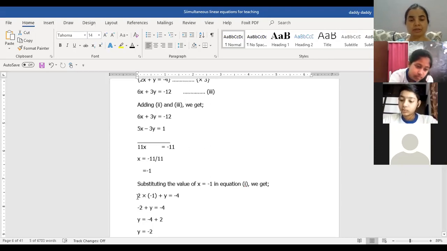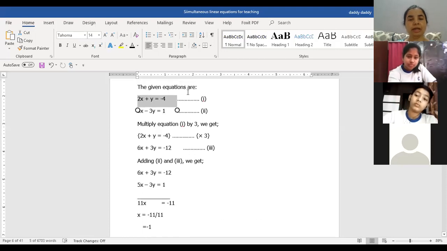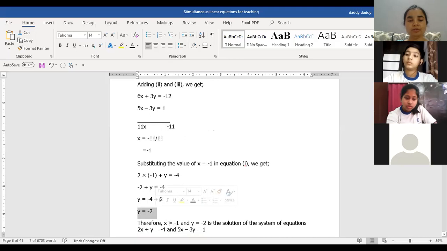Try to see the steps. That is why I've done detailed steps. So wherever you are missing, I'm going to just repeat that. Anyways, x is equal to minus 1. I have put it in equation 1, which was this equation, 2x plus y is equal to minus 4. I have highlighted that equation with gray. So just see over here, you will get the value of the second variable also. y is equal to minus 2. So the two values of x and y are minus 1 and minus 2.